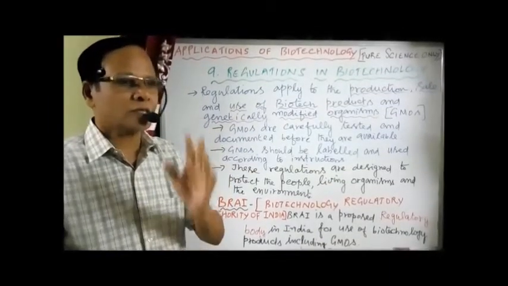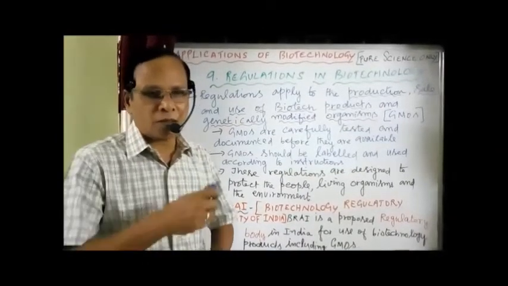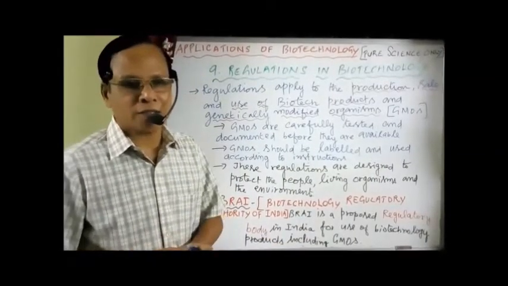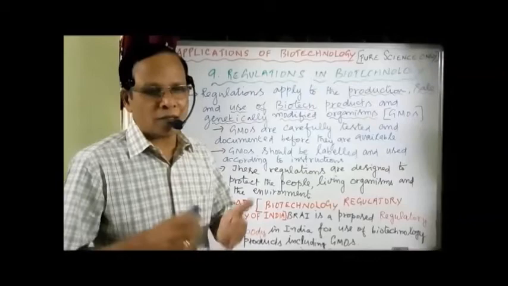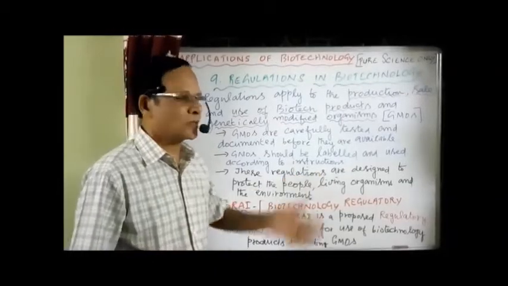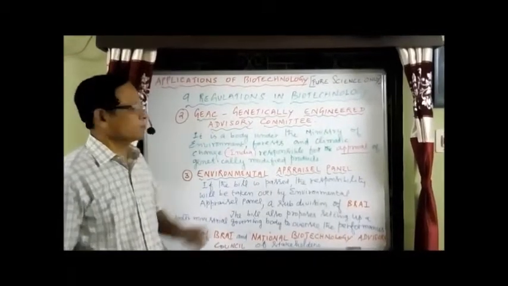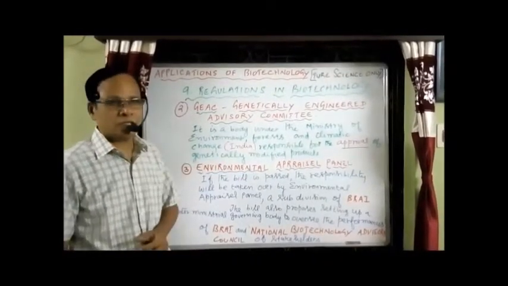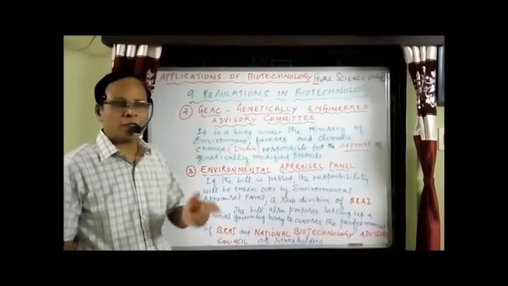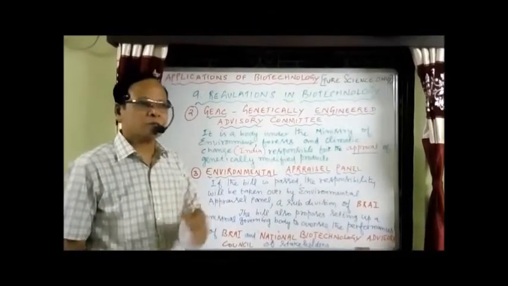We will talk about the various committees one by one. They are responsible for regulating or monitoring, acting as advisory committees. The different committees are either advisory, monitoring, or regulatory bodies, for example. Now the second committee is GAC, the genetically engineered approval committee. It is an example of an approval committee. BRAI is a regulatory body, while this is an approval committee giving approval, passing the bills, etc.